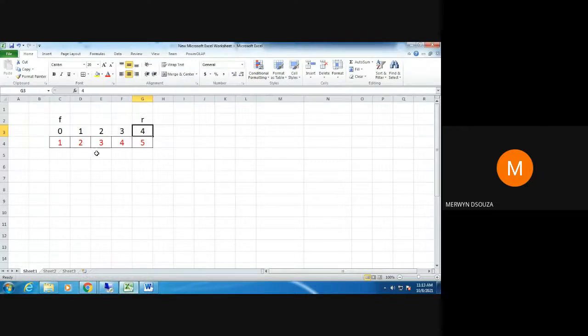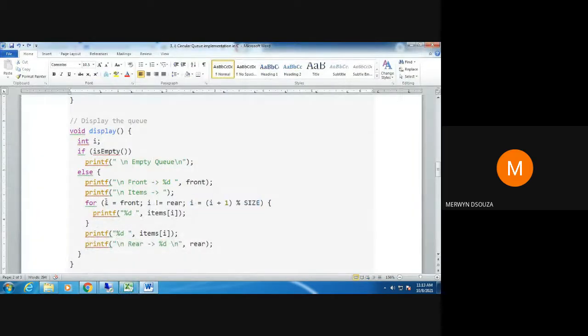So we are basically going to display these values 1, 2, 3, 4, 5 starting from front and ending at rear. Those conditions are specified here. Starting at front, we stop at the rear. But when we increment I, we don't say I plus plus.